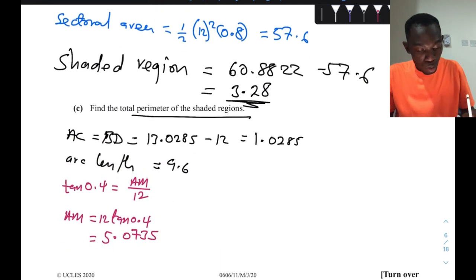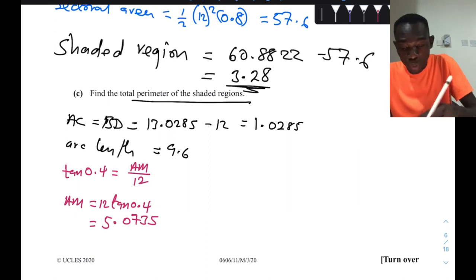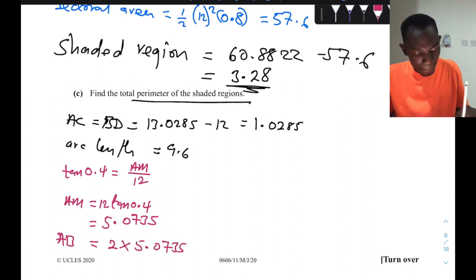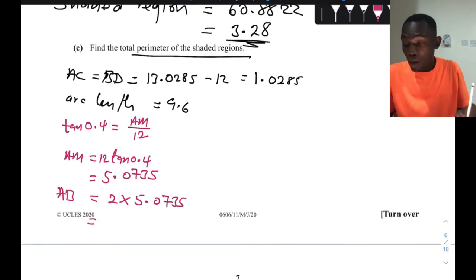Okay, so I have this. Now this is AM. So if I want AB, then it's 2 times the value I have there. And that will be times 2. That is